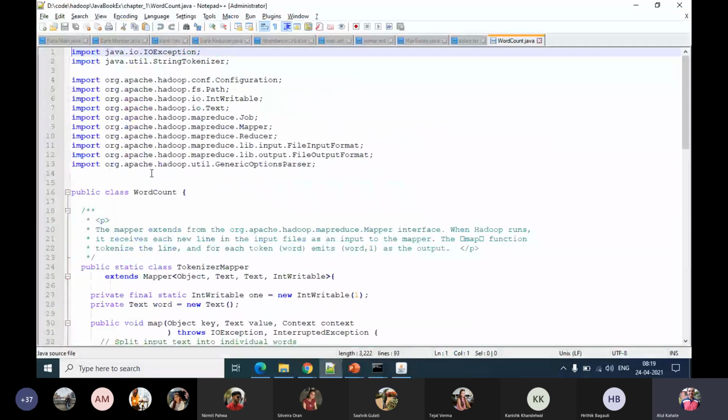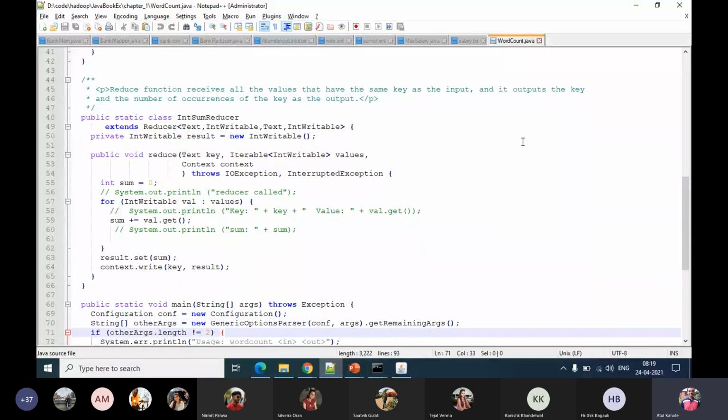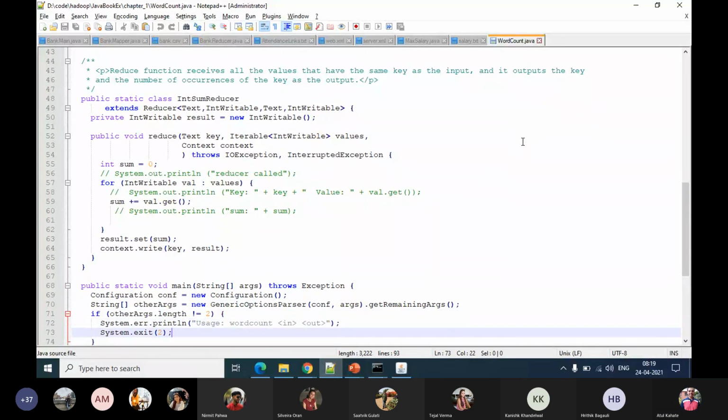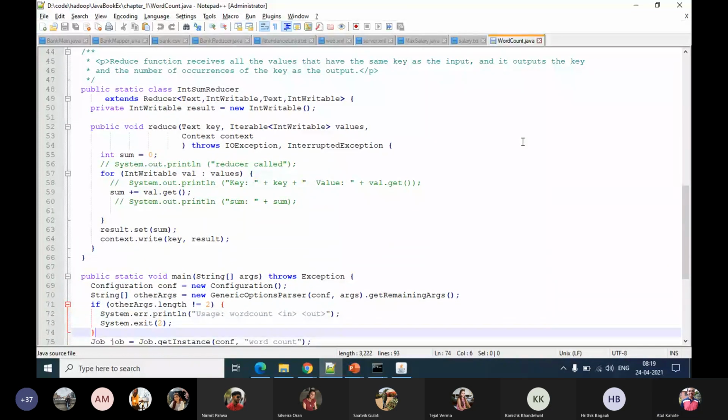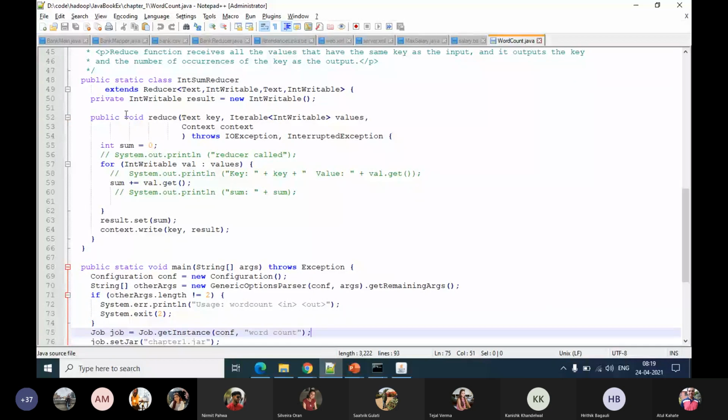Let's say we take this word count example. In the word count example, here what we are going to write to the output is text type as the key. That is why the first parameter is text key. And let's look at our current code now.